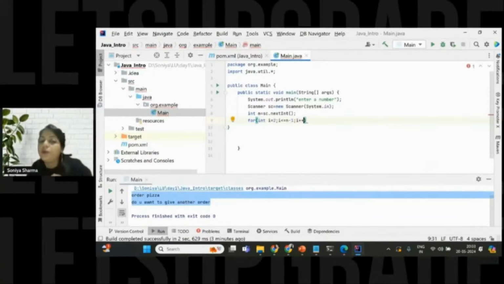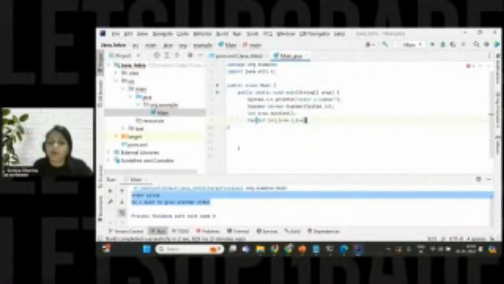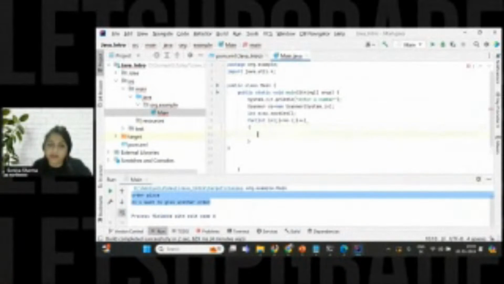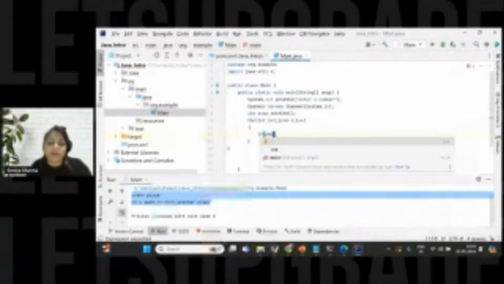With i plus plus, you are going to check all the numbers from 2 to one before that number. Like in the case of 13, you are checking all the numbers from 2 to 12, whether any number is dividing that number or not. So for this iteration, we will check, you can write the curly brackets also. Now if n mod i, if any number is dividing it and the answer is coming equal to 0, that means